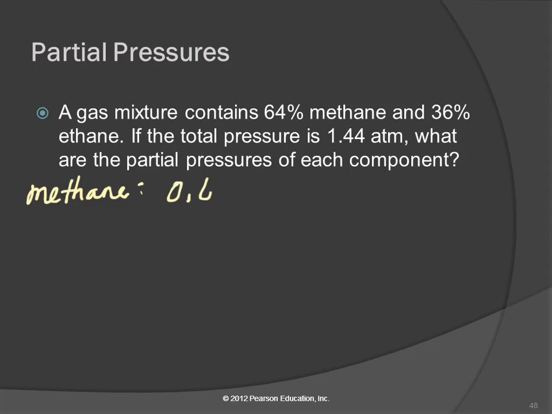It's 0.64, right? Or 64 over 100. We're going to multiply that by the total pressure, which in this situation is not 1, it's 1.44. So 0.64 times 1.44 equals 0.9216,